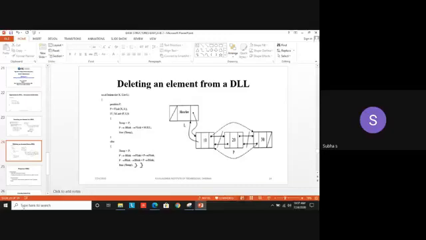That if it is pointing to null means it denotes it is the last element in your list, either in singly or doubly. Generally in a list it is the condition. If P arrow next equal to null, like that. But instead of next here, as it is doubly linked list, we are using two pointers, B link and F link. So what should be the condition? P arrow B link arrow F link should be null.